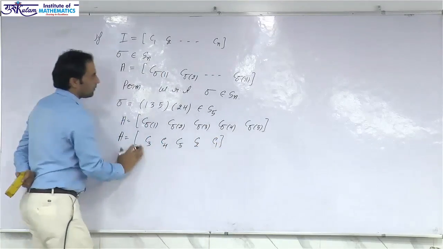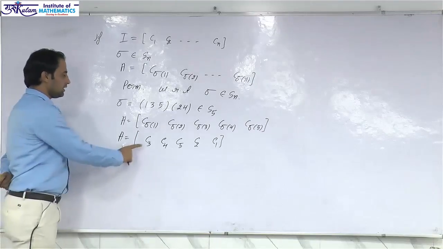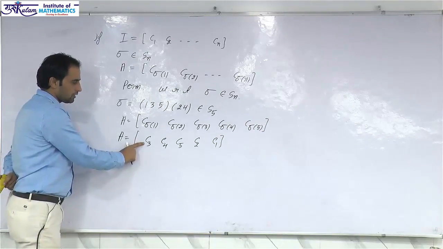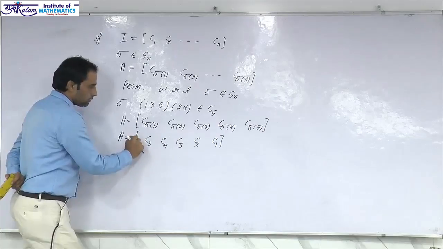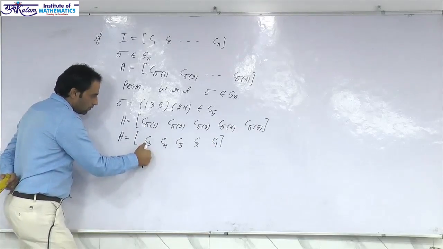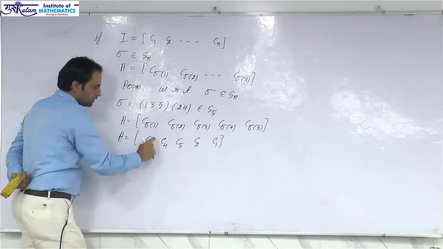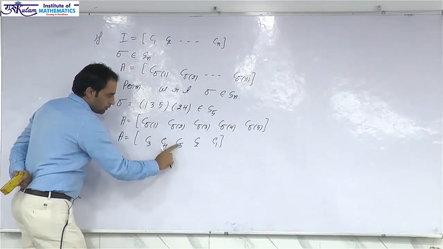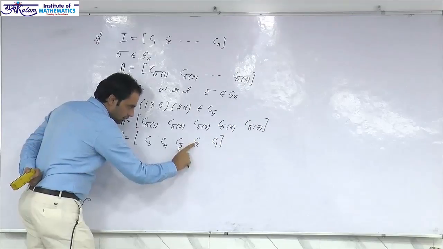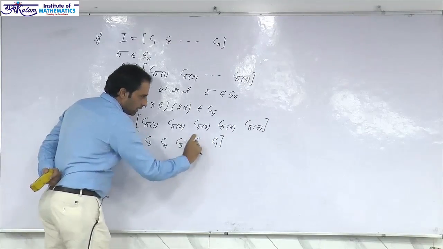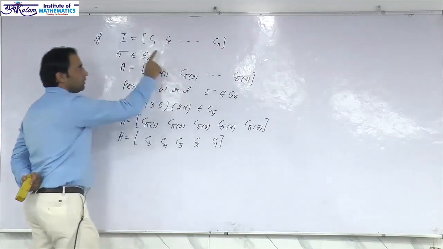So, this is a permutation matrix. In this permutation matrix, the first column is the third column of the identity matrix, second is the fourth column, third is the fifth column, and fourth column is the second column, and fifth column is the first column of the